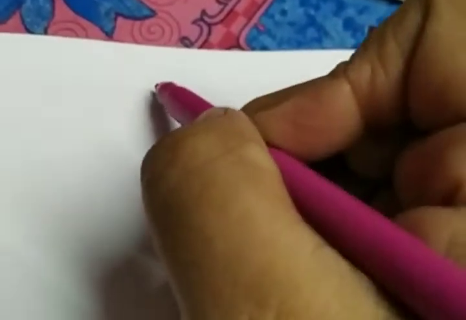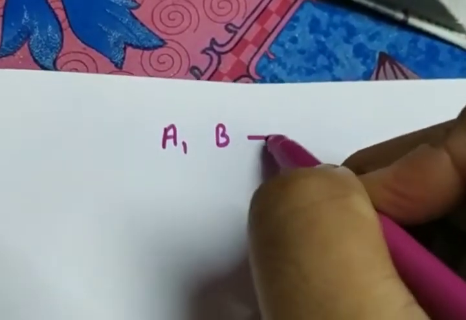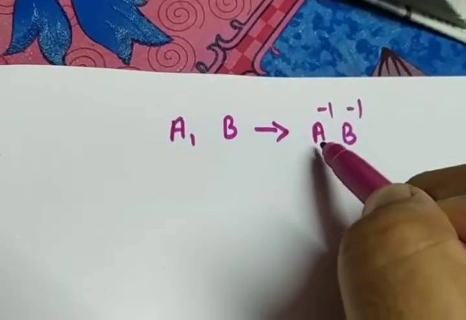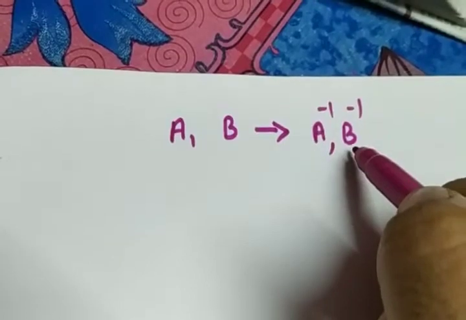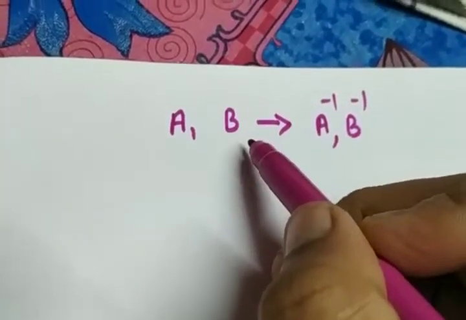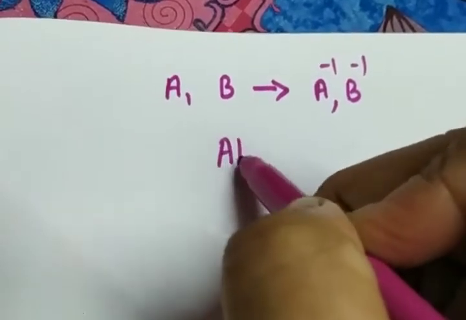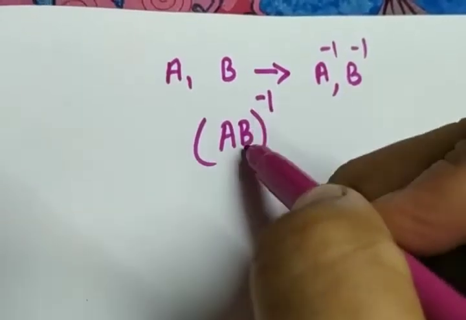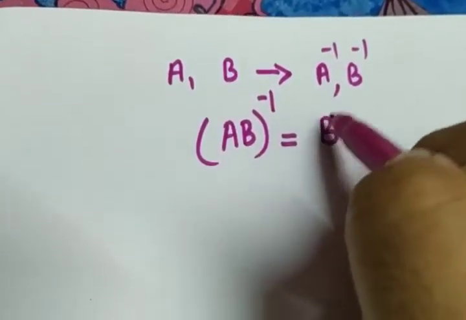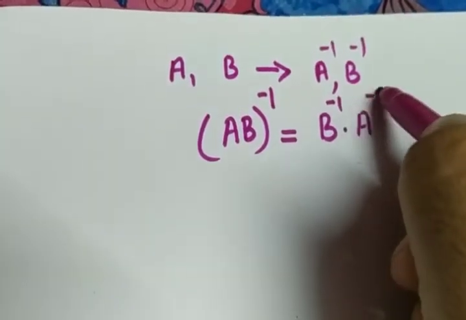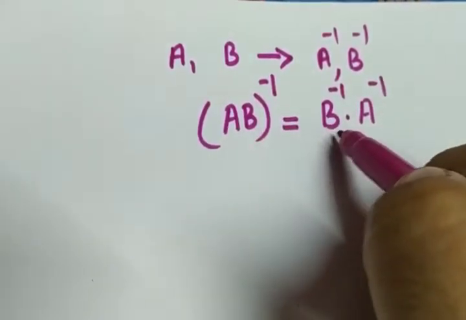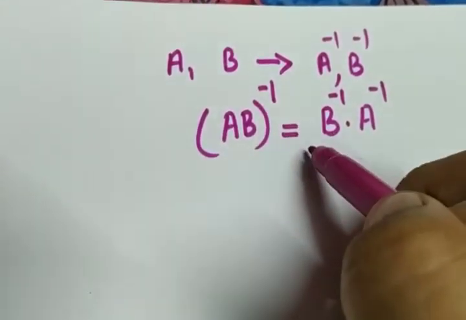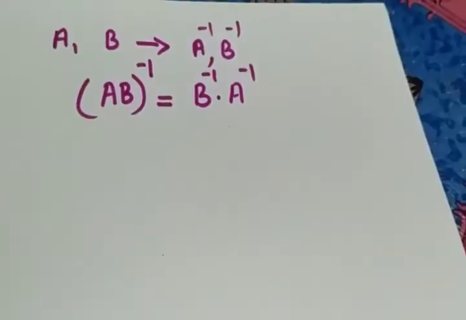There is another theorem stating that if A and B are two invertible matrices, that means A inverse and B inverse exist, and it clearly shows that A and B are non-singular matrices, then the theorem says (AB) the whole raised to minus 1, that means the inverse of the product AB, will be equal to inverse of B into inverse of A. (AB) the whole inverse equals B inverse into A inverse. This is one of the most important theorems.